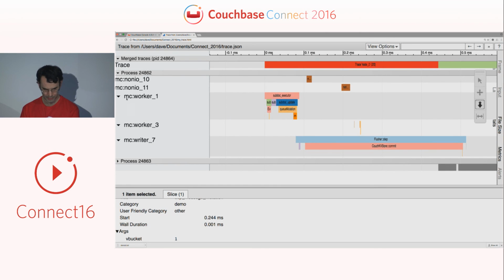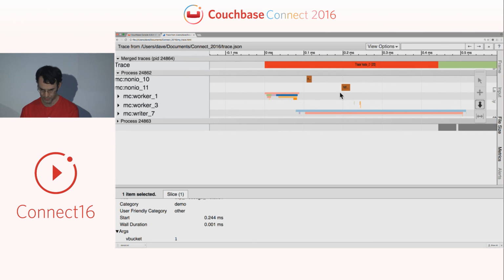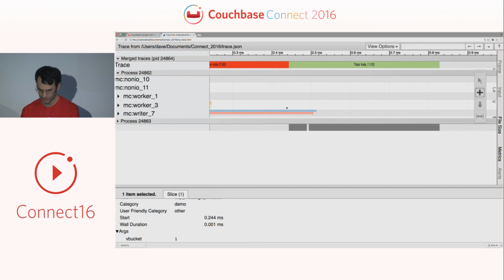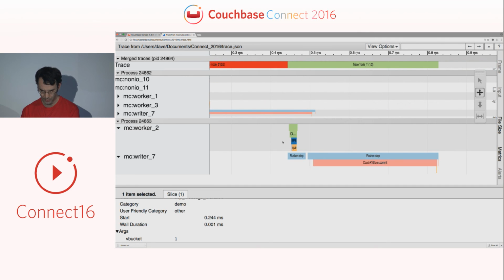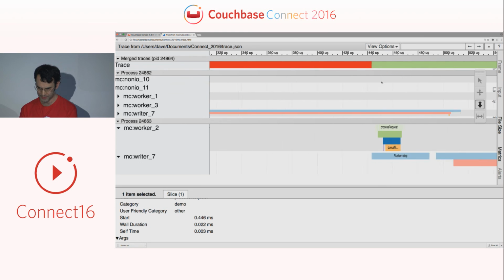So if I just collapse this down to make some space on this screen. This was what was going on in the first node. If we pan over to the second node, we'll see that we have something going on here on the worker thread. The only thing we've got here is a worker and a writer. In the worker, if we dive in, we can see